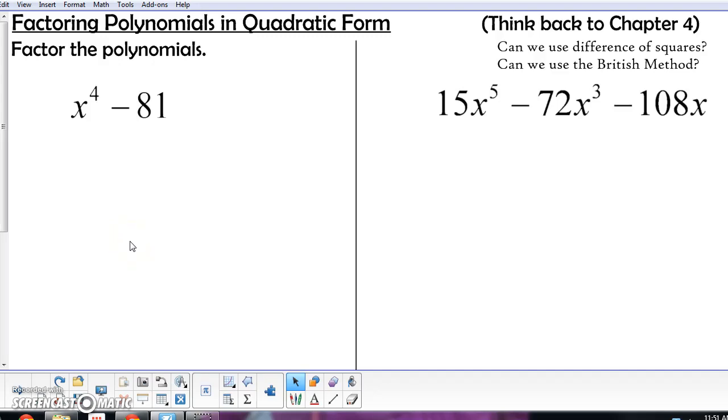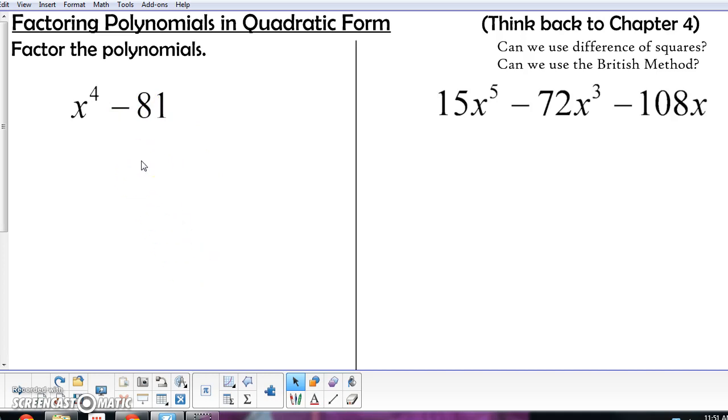In this next video on factoring polynomials, we're going to look at factoring polynomials that are in quadratic form. Now with quadratic form, the idea is you can think back to Chapter 4 in our textbook, or Unit 1 that we've worked on, where we use the difference of squares or the British method or some combination of those things. So to factor this polynomial, x to the fourth minus 81, the first thought is, as I've seen the